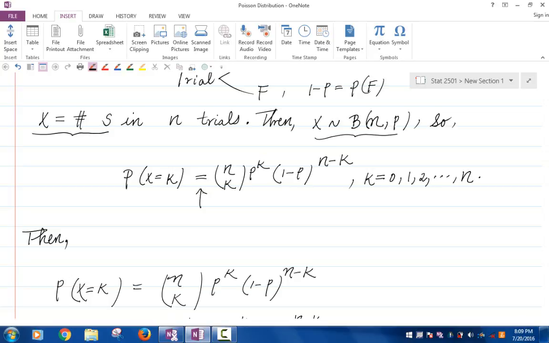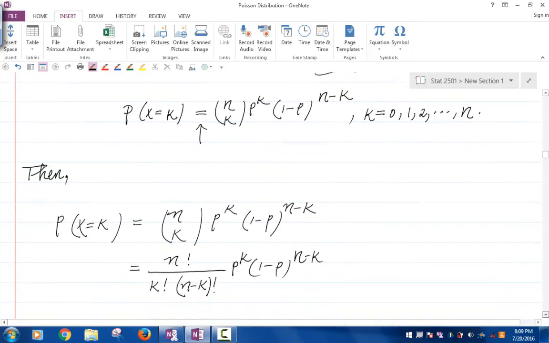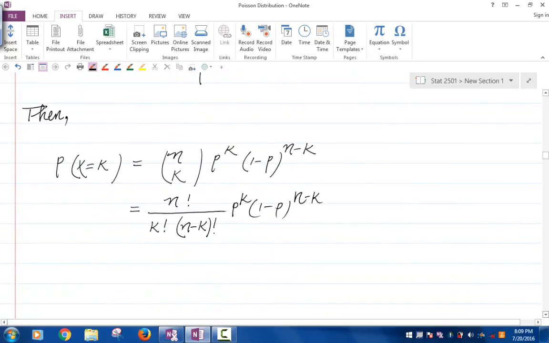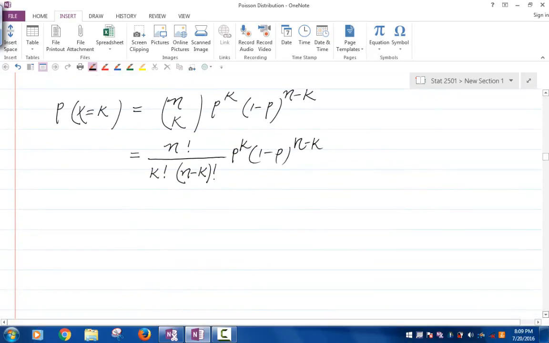Now, let's start with the PMF and see how we can obtain the PMF of the Poisson distribution as a limit of the PMF of the binomial distribution. So this is the PMF of the binomial distribution. What I did is I wrote n choose k in terms of the factorials. Now this is equal to,